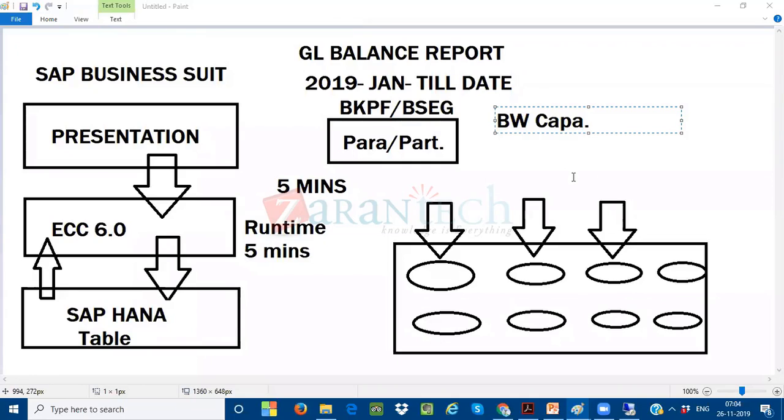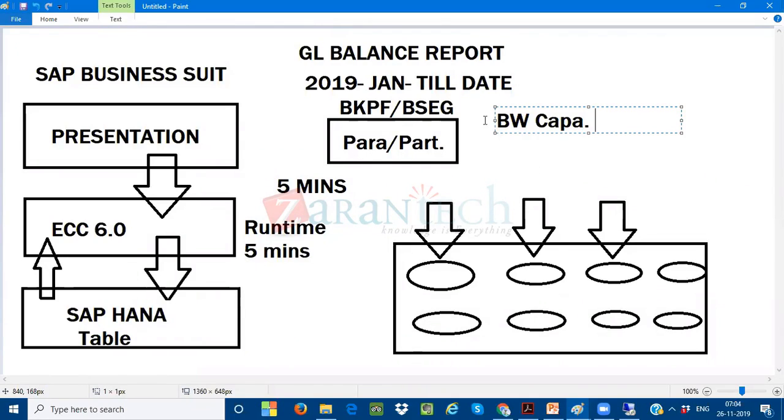Okay. Now, within the same HANA database, I'm bringing the capabilities of BW. I brought parallelization and partitioning. Now, if I send the same query of your GL balance report to my SAP HANA database, what is happening? The query will go to your database system. There is no secondary access device, as I named it earlier for Oracle or DBMS. Now we should not call it a secondary access device, because earlier I was the tenant of other database systems, and that is the reason I called those databases secondary access devices.